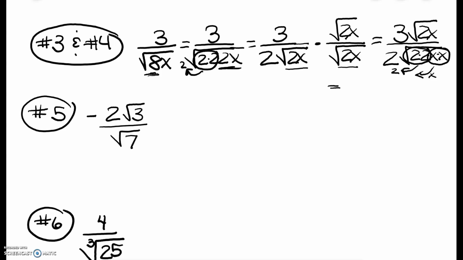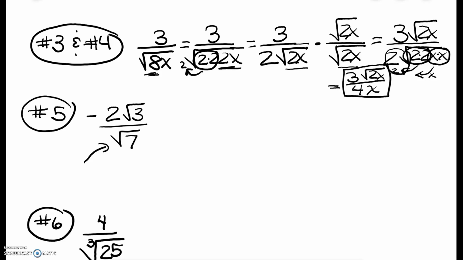And my final answer is going to be 3 square root of 2x over, I have to multiply these two, 4x. Final answer. Okay, my next problem, I need to get rid of the square root of 7, and I